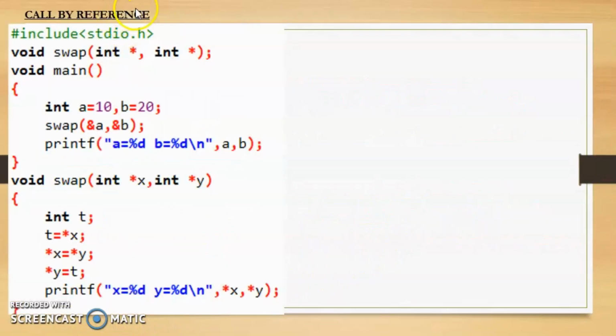So let us see the program for swapping two numbers using call by reference. First we write the header file, then we declare the function which we are using in the code. We are using a function swap, so first we need to declare it. We have used void swap, that is the return type is void because this function swap is not returning any value. Then as parameters we have two integer pointers. Here we can see that we have used int and this pointer symbol, that means we will have two integer pointers as parameters.